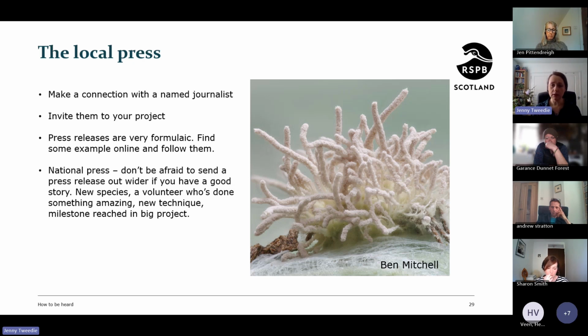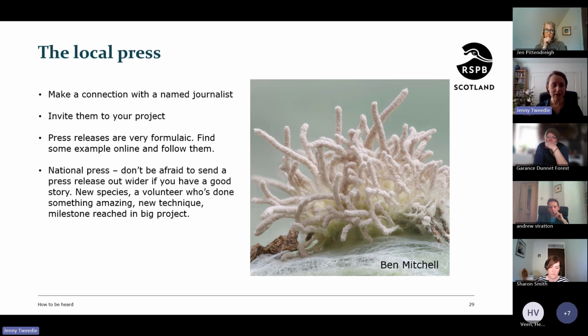National papers can be really quite interested in those stories. And you might even get a bit of broader BBC interest, or somebody else who wants to come and do an interview. There are lots of tips on places like YouTube for doing big media interviews, so don't be scared about it if that happens, and be aware that it can happen, because things can blow up. If it's a good story, the media can really latch on to it.